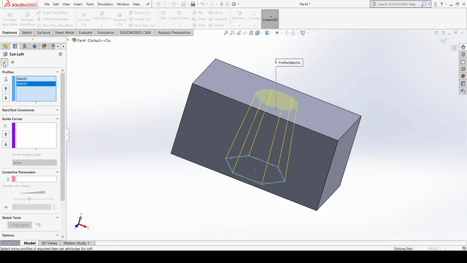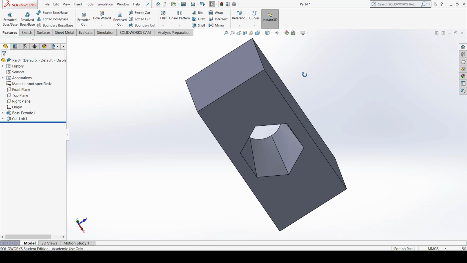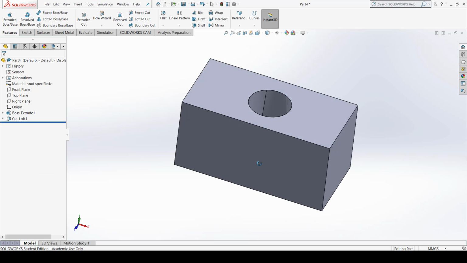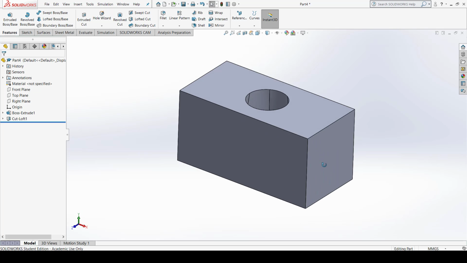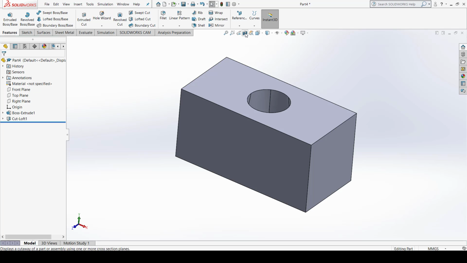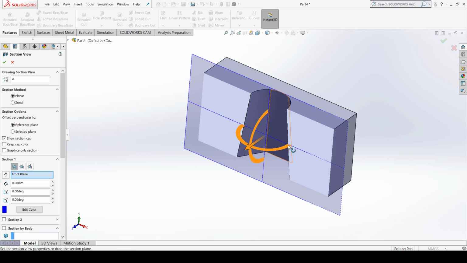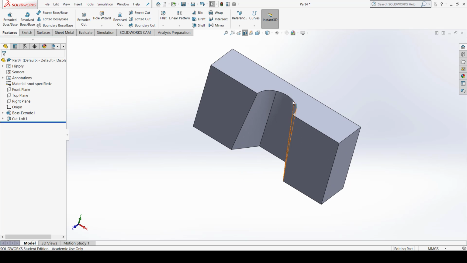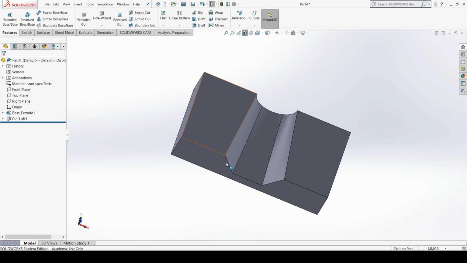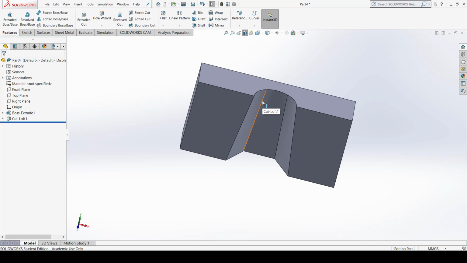And when you click OK here, you can see your cut or material is removed from here, and you can see directly from here by applying the cut section option here. Click OK. Now you can see this is a circle profile and this is the hexagonal profile, and these two profiles are connected and the material is removed with the help of the loft cut command. So this is the first way by which you can apply the loft cut command